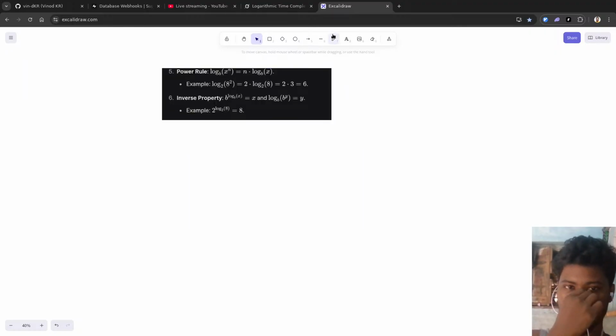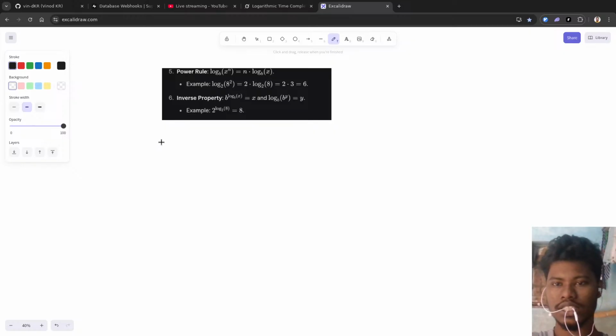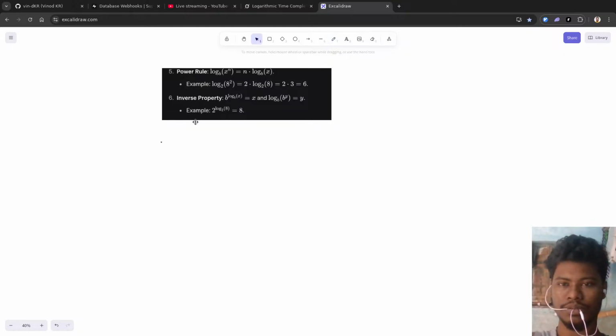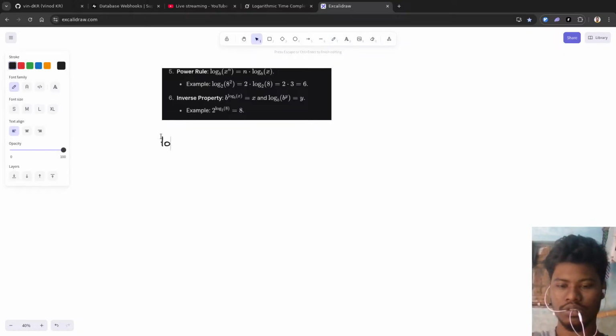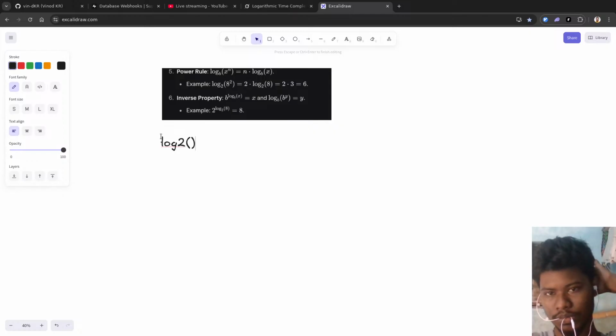Basically what we're doing is log base 2 of 8 squared, 8 raised to the power